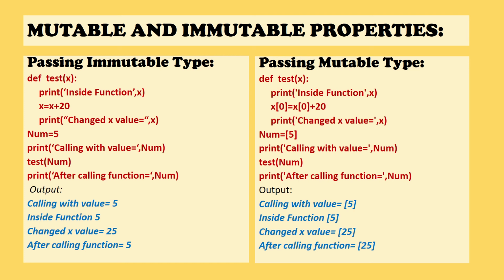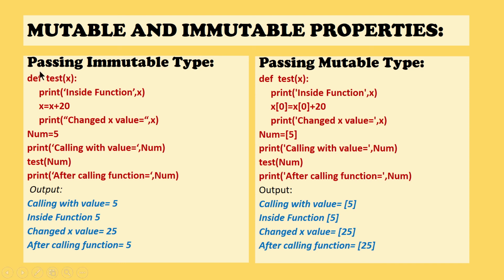So what are the immutable data types? They are integer, string, tuple. These are all immutable data types. So far in our functions, whenever we called the functions with parameters, the parameters contained integer values, so integers are an immutable data type. All the programs that we have discussed throughout the session used immutable data only. So let us understand this from the point of view of the immutable property.